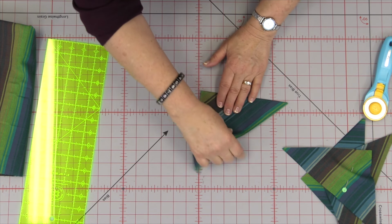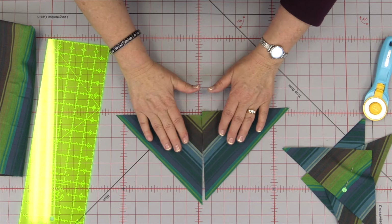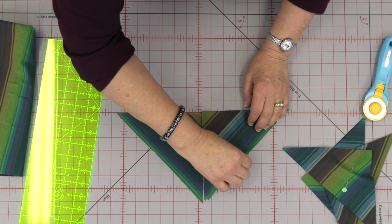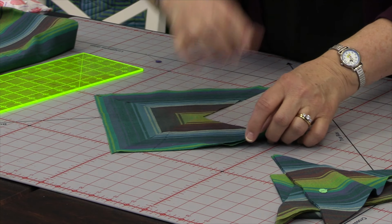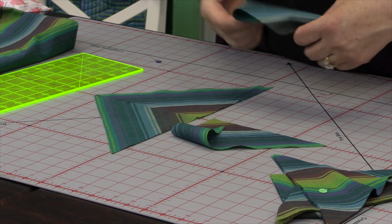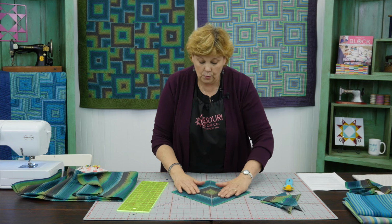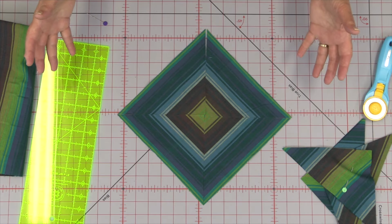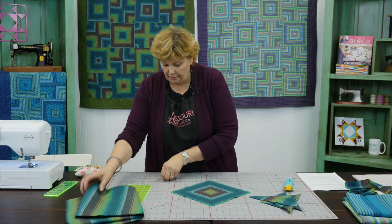As we put these together, we're going to take these out, and we're just going to start putting them together like this. Look at what's happening. We're just going from one to one to one, unfolding them, putting them out, and we have this awesome square in a square just from how we cut it. So then we're going to sew this one together,